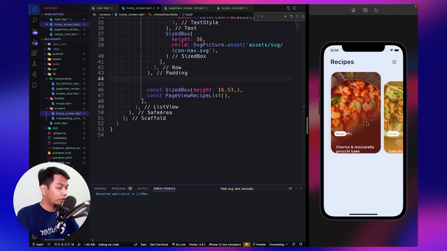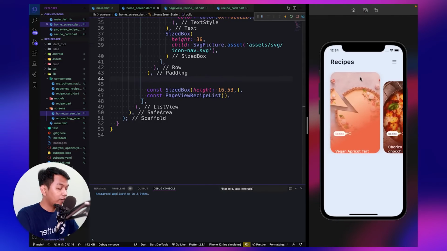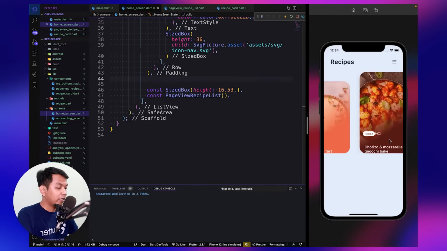All right, so we see when the card is active, which is the current index, its height is 100%, and when it's not active, it has a margin top of around 46, as I said before on receipt card. And let's fix this.